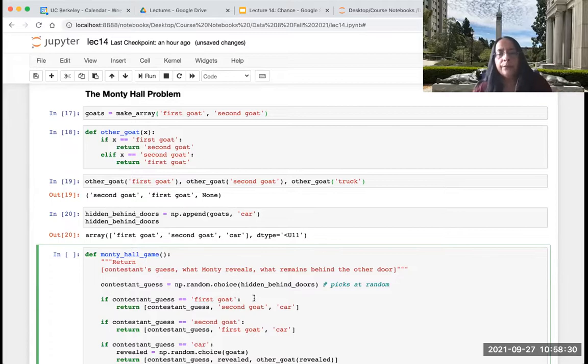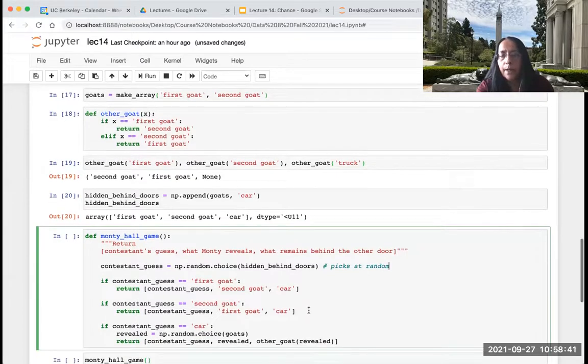If it happens to be the first goat, then Monty will reveal the second goat. And behind the remaining door, there will be a car. You agree? All right. If the contestant picks the second goat, then Monty will reveal the first goat, and behind the other one, there will be a car.